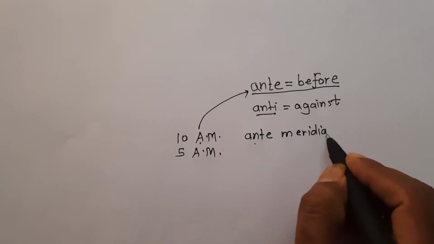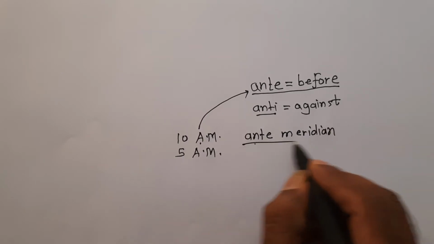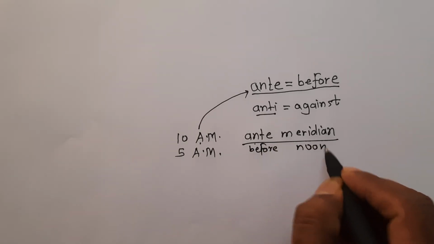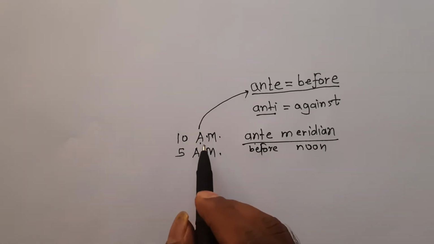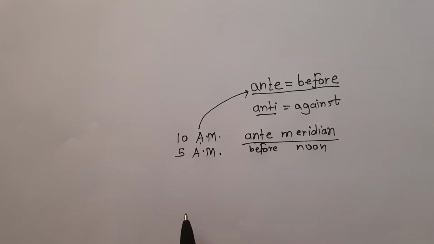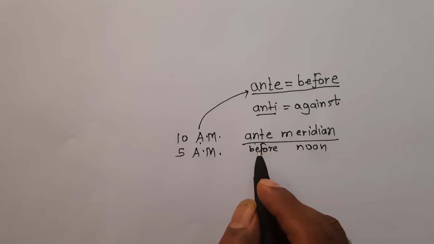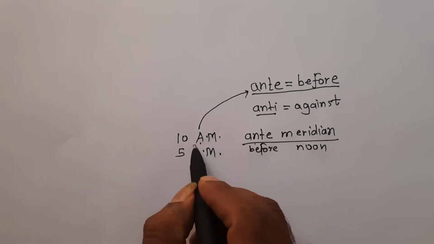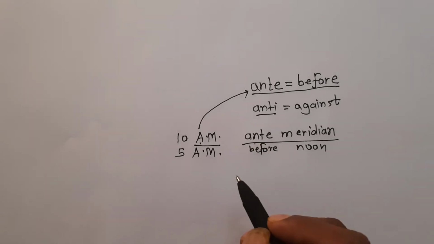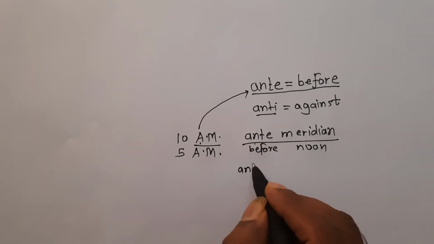Ante-meridian means before noon. So when I say 10 a.m., which means 10 is the time before noon. Ante-meridian. So this is a very commonly used way of expressing the time. Next is ante,